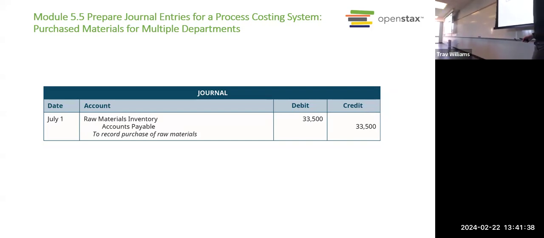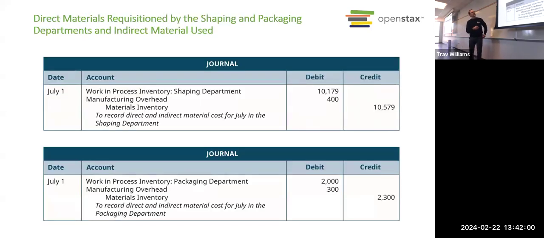Okay. So in this transaction, all the company did was order some raw materials or receive some raw materials. And you can see here, they have not paid for them yet. Do we know what job, what department these raw material costs are going into? We don't know, right? At this point, it's just raw material inventory.